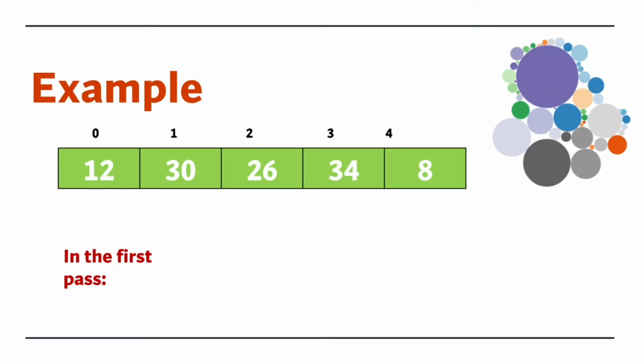We will be incrementing the indexes, and here the comparison will now be between 30 and 26, right? And you can see, if I talk about these two numbers, 26 should be in the leftmost portion, right? So these two numbers need to be swapped. So 30 and 26 need to be swapped. So you can see that now 26 is on the left and 30 is on the right. Now this is correct, right? Now advance a little further, one step ahead.